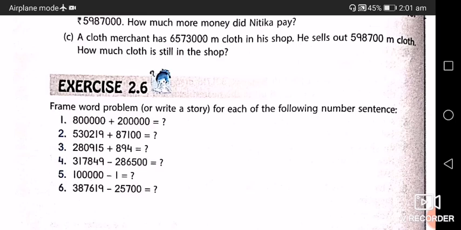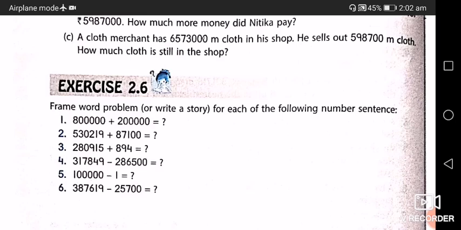Okay, you can frame the word problem in your own words, in your own way. If you are confused about how to frame the word problem, a simple one is, what will be the difference between 1 lakh and 1, or what will be the sum of two numbers. And the simplest one I have told you: what will you get if you subtract 1 from the smallest 6 digit number? That we have done in patterns also, adding 1 or subtracting 1. Fine. So that also you can write.